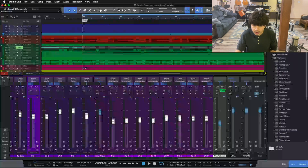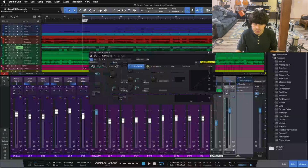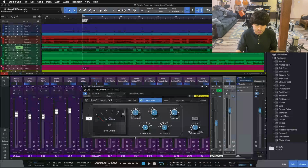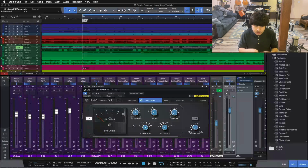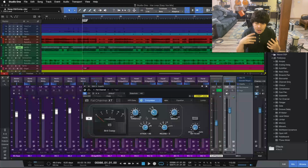So we've got our mix up here, and on my mix bus I have the Fat Channel from Studio One, running the Brit Comp, which is an SSL bus style compressor. Any one of these will work, or you can always find your own. You can use a stock plugin as well. I used to use the stock compressor inside of Studio One before I upgraded to this one. But any kind of compression, just a little touch on your mix bus, slower attack, medium release,